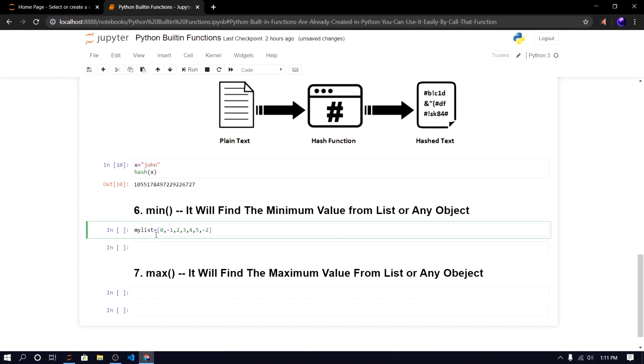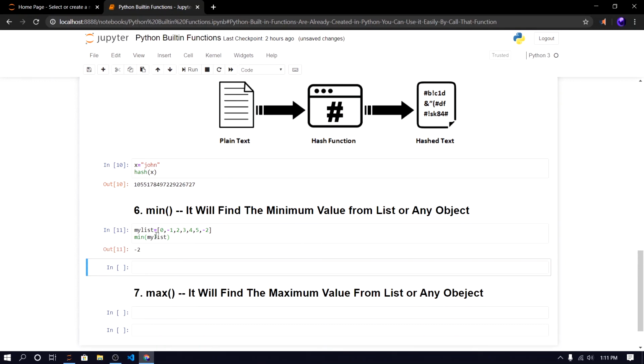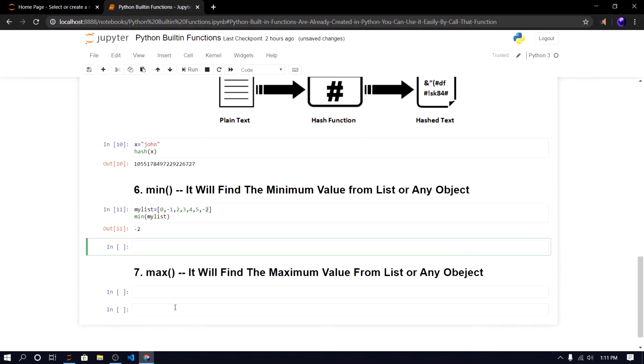We can do that with the help of a for loop, but we can simply pass my list inside the min function. It will return the minimum value from our list. In our entire list the minimum value is -2. It will return -2.